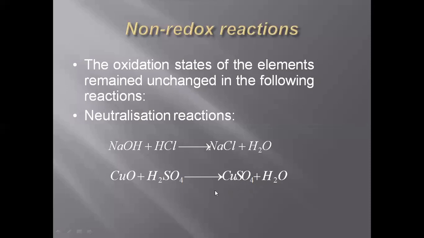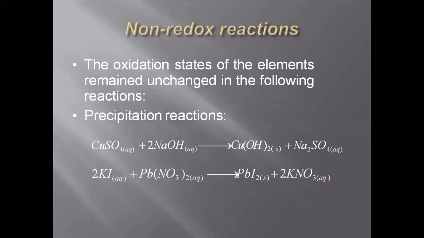So the oxidation state of copper will be the same in the entire reaction, in both the product and reactant side. When there is no change in the oxidation number of the element, it is considered a non-redox reaction. You can get this type of question in your objectives: out of the following reactions, which one is the neutralization reaction? To find that out, you must know the oxidation state. Just compare the oxidation state from both reactant and product side and you will get your answer.